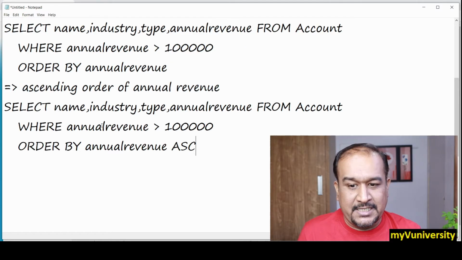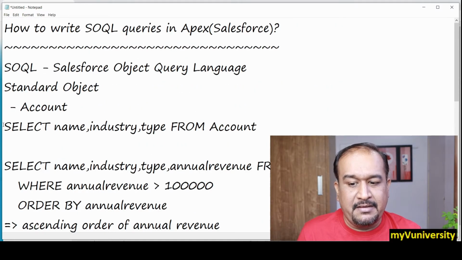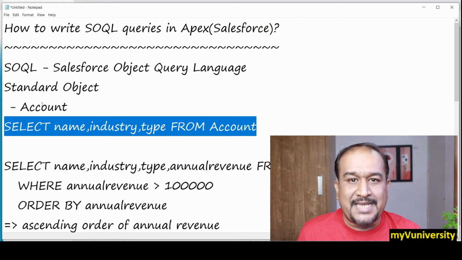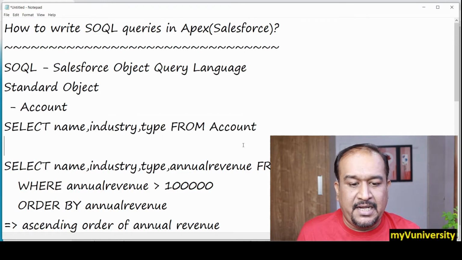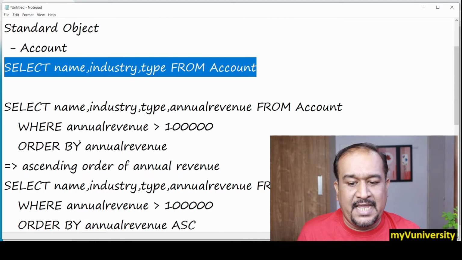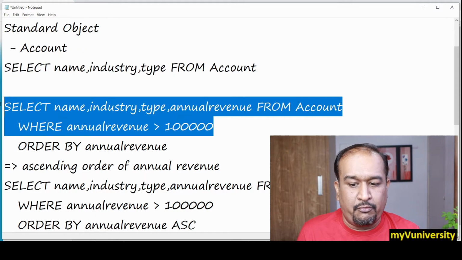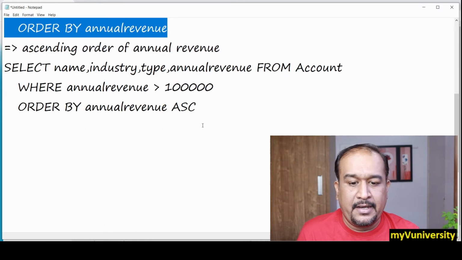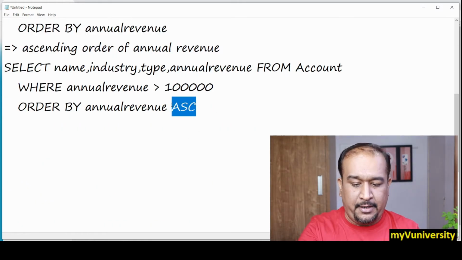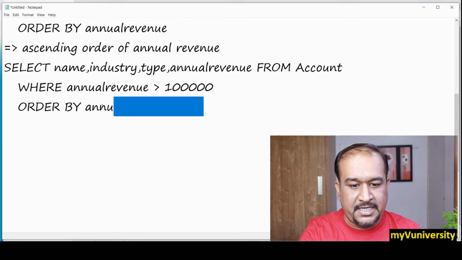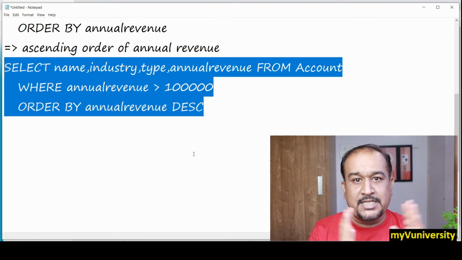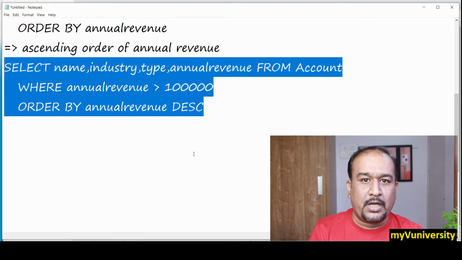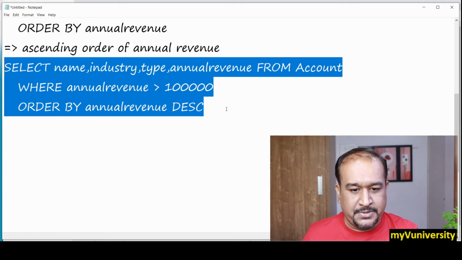Okay, so that's fetching records from a standard object. You just give the field list. This is the simplest form of select. This is using a where clause. This is using order by in ascending order, and this is using order by in descending order. Those are the simple SOQL queries you can write with a standard object.